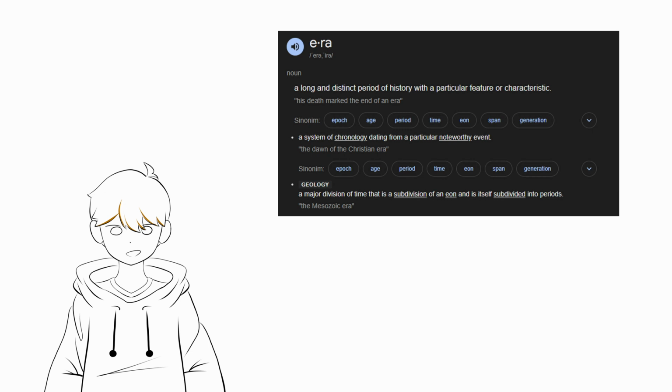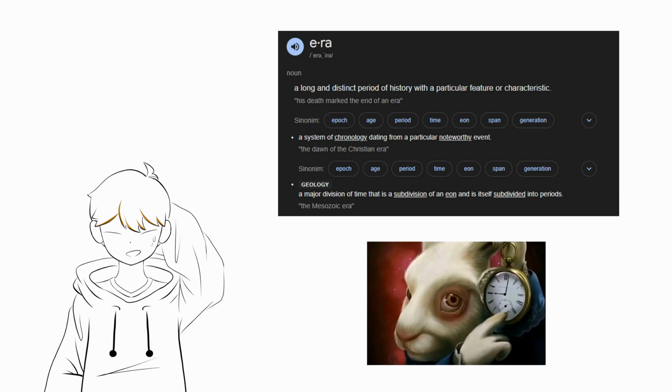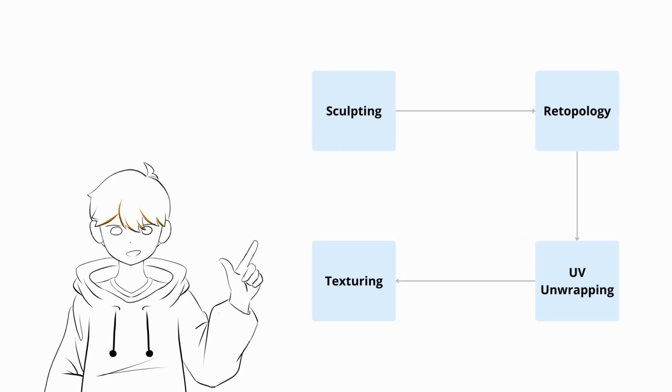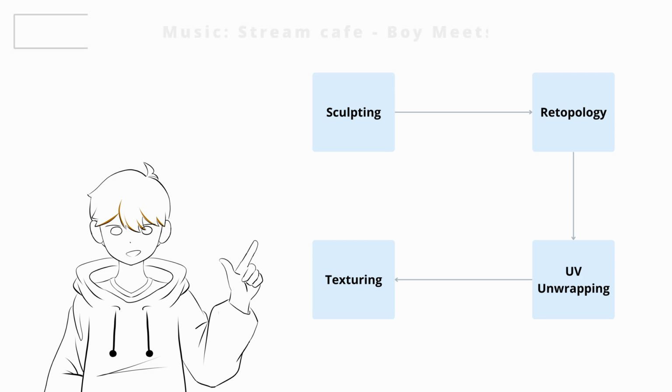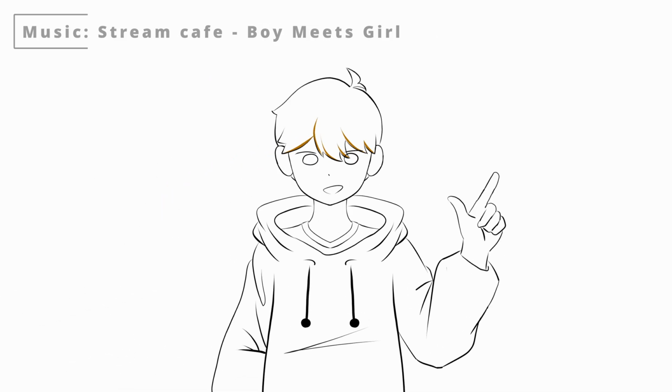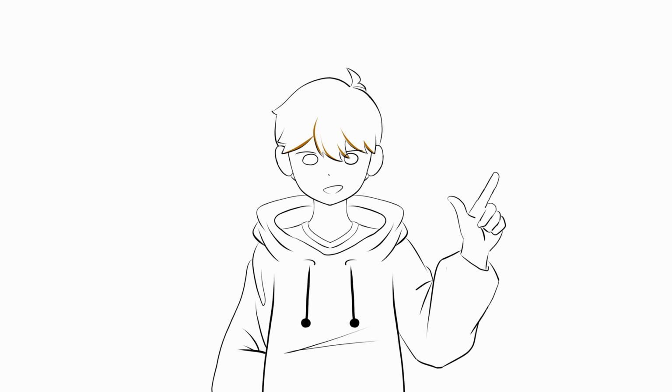The game will be divided into multiple eras, and each era will have its own visual style. But we're on a very tight schedule, and there's a lot of buildings to make. So if we made every asset using the full workflow of sculpting, retopology, UV unwrapping and texturing, it would take forever. So, the solution to this problem is called a